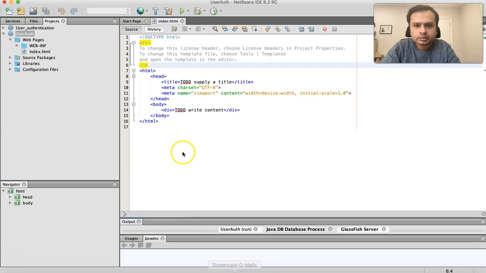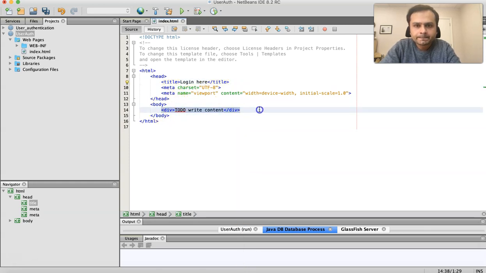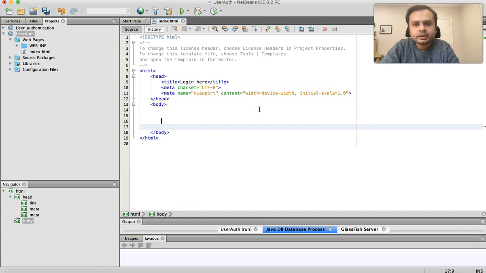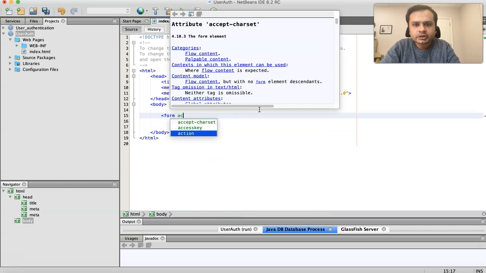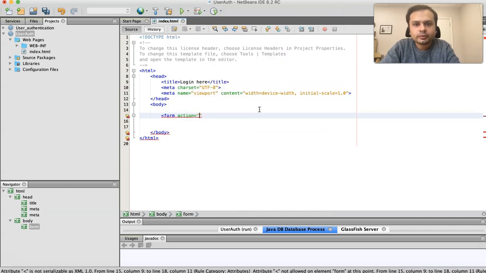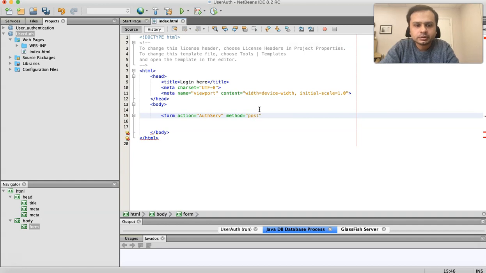Index.html, so we can simply create login. Here we can simply create one form, right? Form action would be, here we have to provide the servlet name. In our case, it would be auth servlet, right? Method would be post,